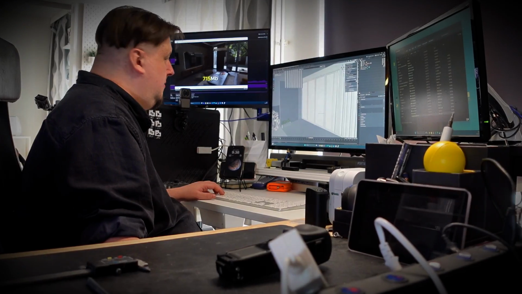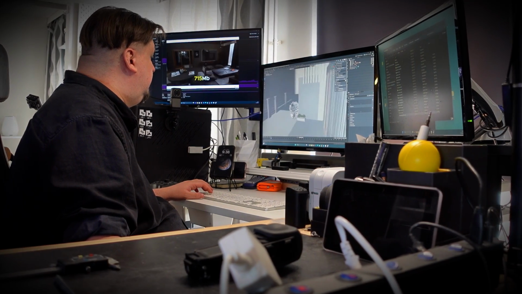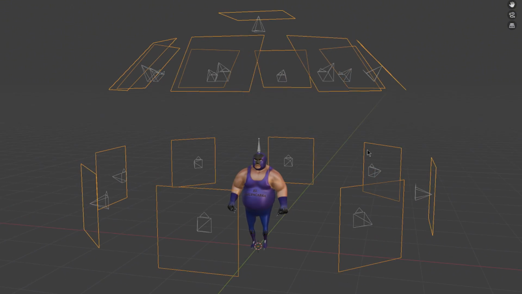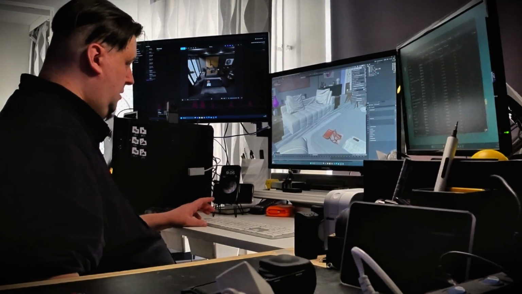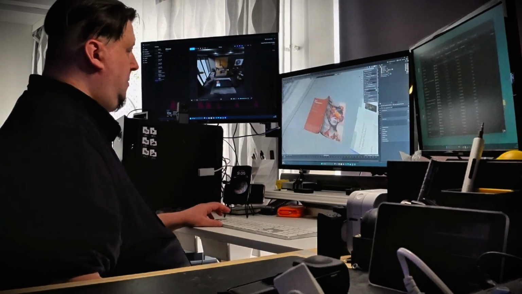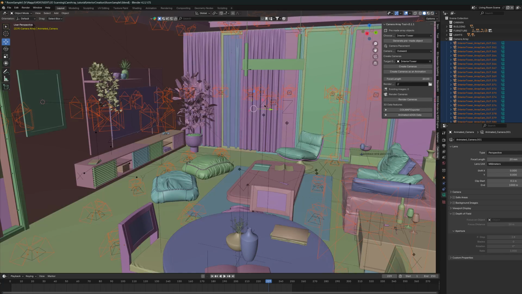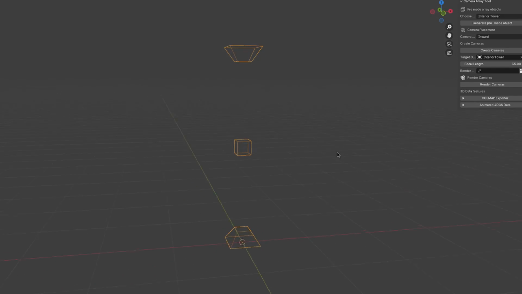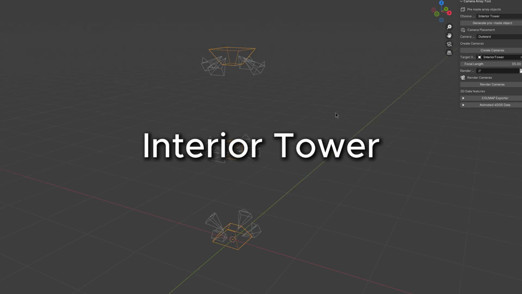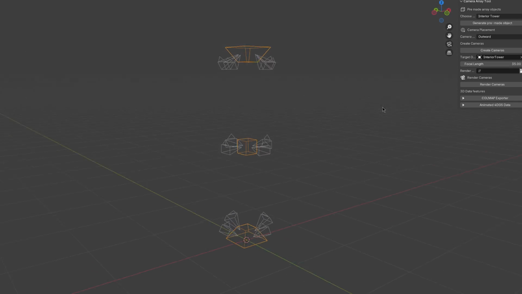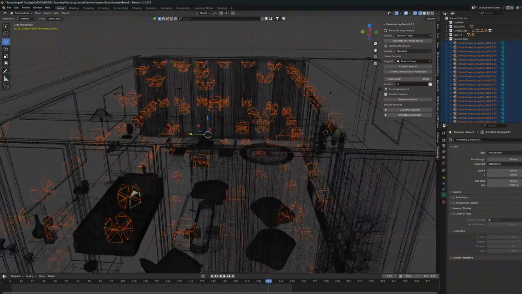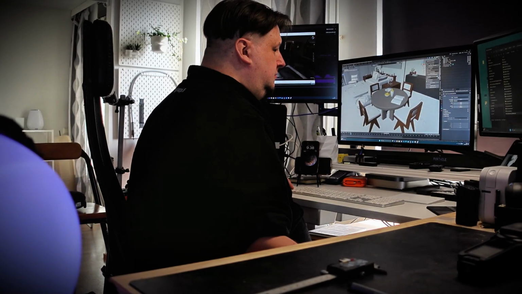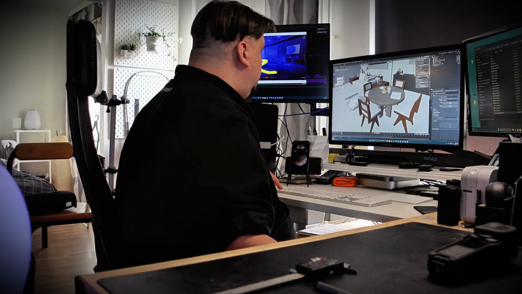Okay, as stated, so far we have explored the operation of the camera array tool using mainly object-centric methods. Now I will show you in more detail how we can prepare various interior 3D models in Blender and how we can utilize the so-called interior tower pre-made object in building a camera rig that will cover all the necessary angles of the room. For this project I have taken as a basis a visualization of a living room